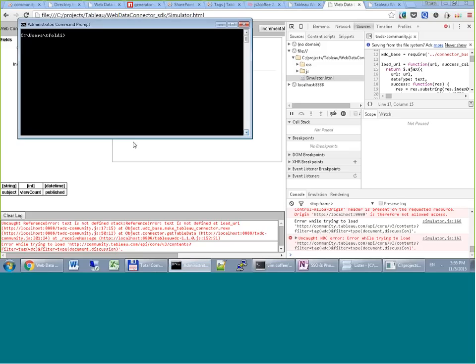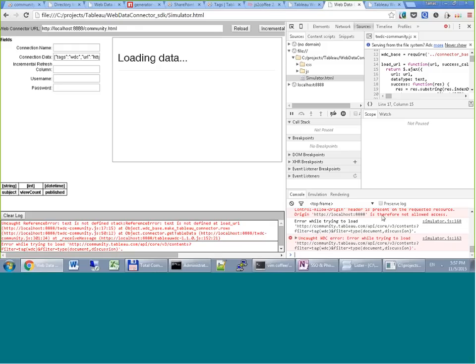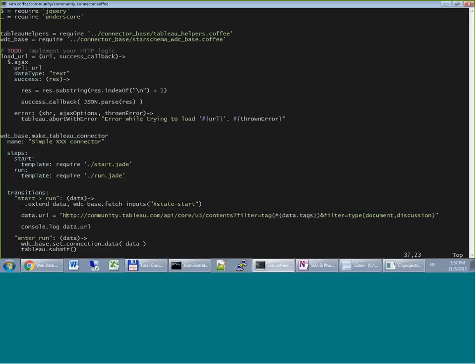There is a program called CORS Proxy, which is actually a normal proxy. It's running on my localhost. It's also an npm package, so you can get it for your node. It's running on my computer, and the only thing I have to do is go through this proxy server, and it will add the missing header, which will tell my browser that it can connect to that remote website, and it will also allow Tableau to connect to that website. So the data URL needs to be completed with this CORS proxy,